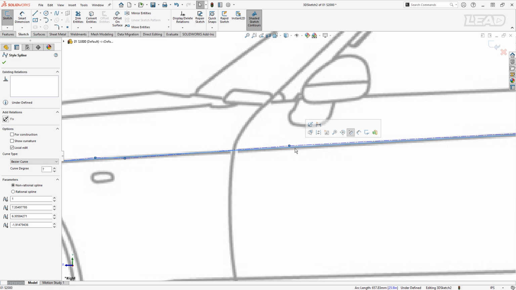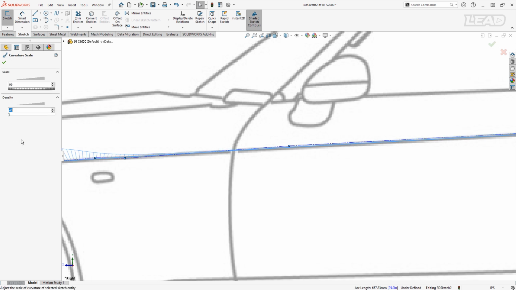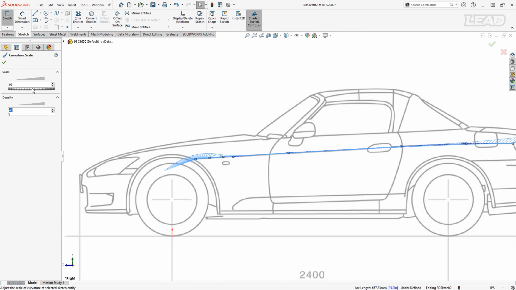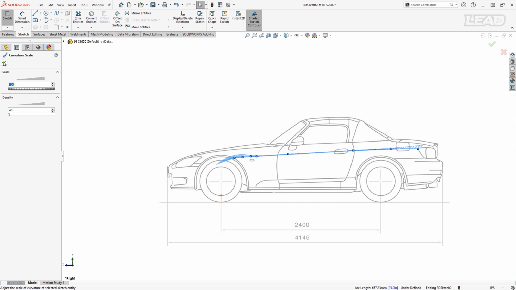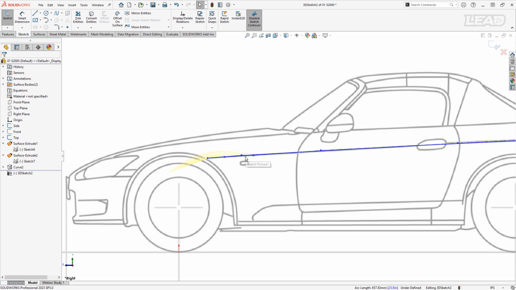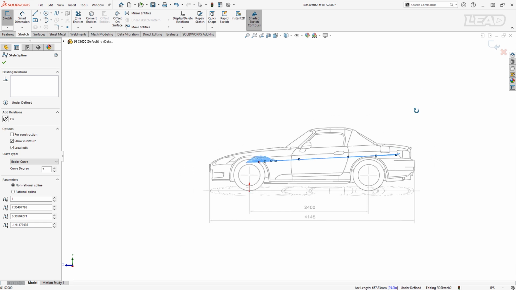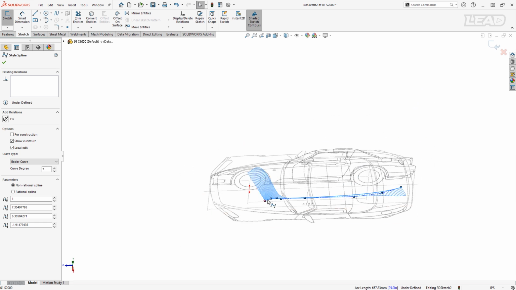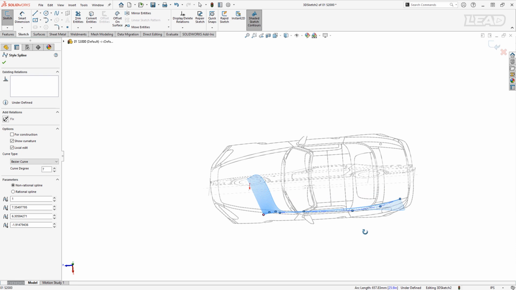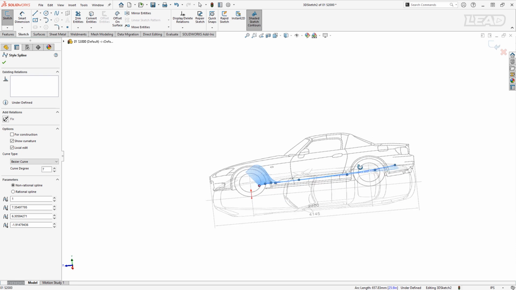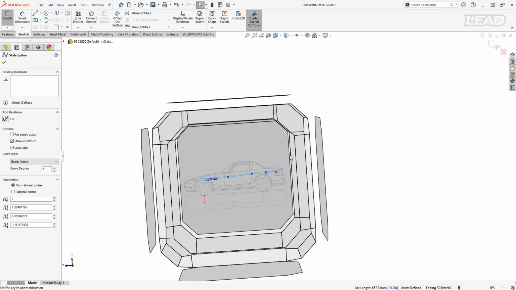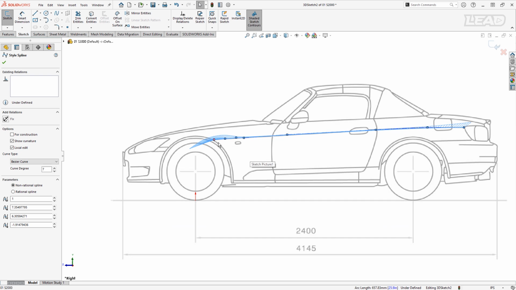So if I take a look at this and I try to show curvature, now the curvature here is going to be a little bit tricky because what we're dealing with is a curve in 3D. So if we highlight this, it'll show those as orange when our cursor's over it and then blue. But if we rotate this around, we can see that we're getting curve inward and outward from the top. This is what we would expect. And then from the side, we're also seeing that curvature going up slightly, and then it's going down slightly in